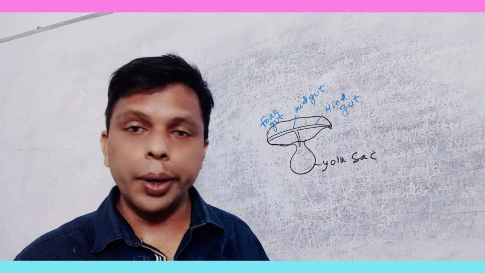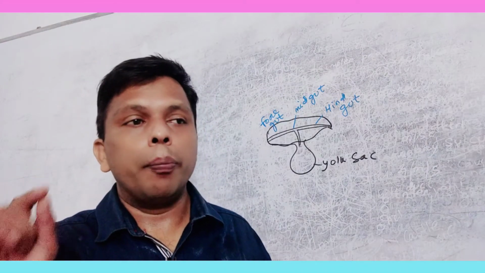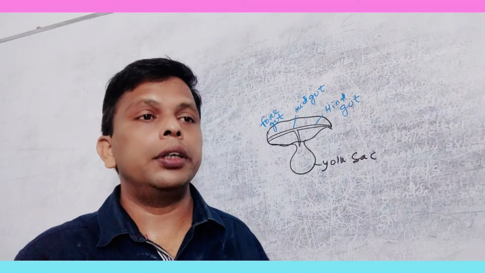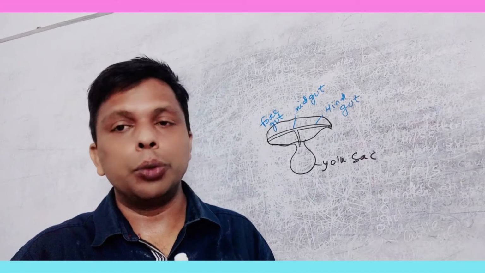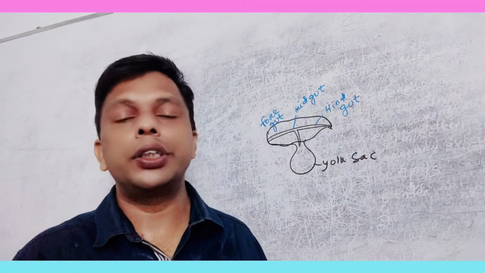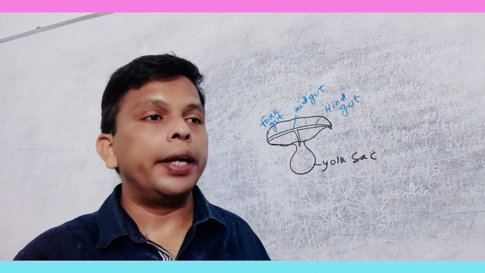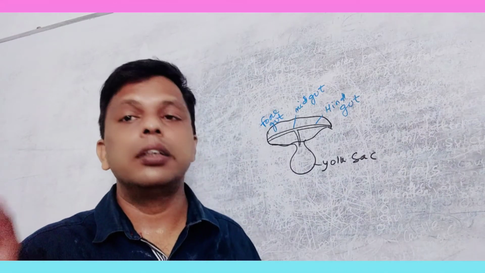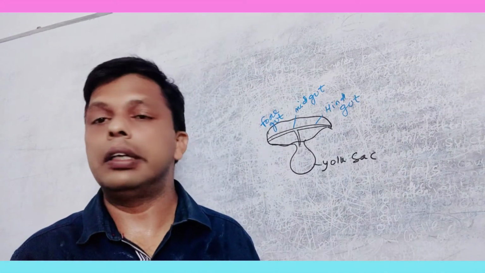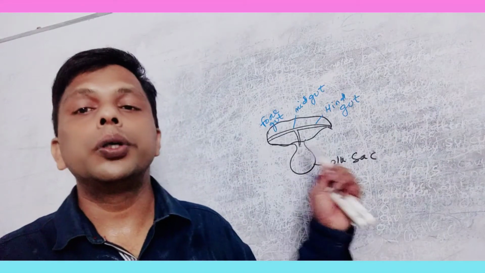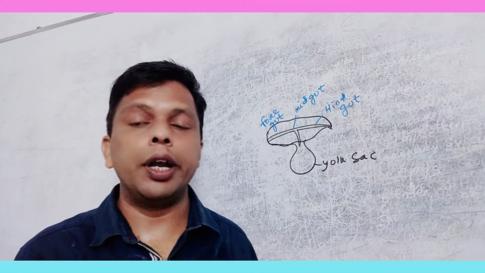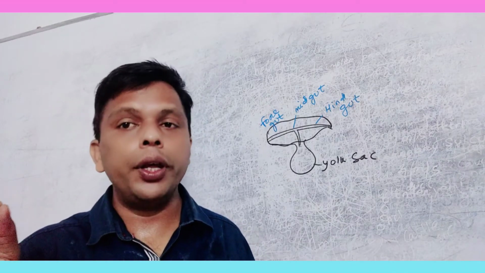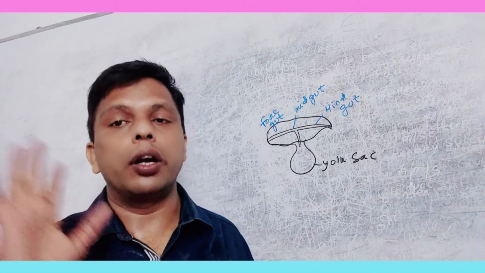After development, the foregut differentiated into the oral cavity, pharynx, and esophagus. The midgut differentiated into the stomach and small intestine, while the large intestine and cloaca are under the hindgut. Clear? So this alimentary canal has been developed from the endoderm, and it is one of the earliest forming organs